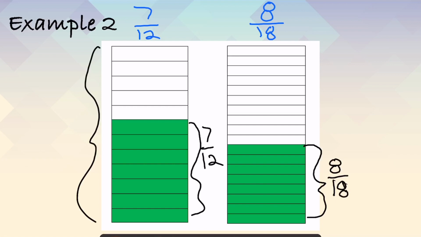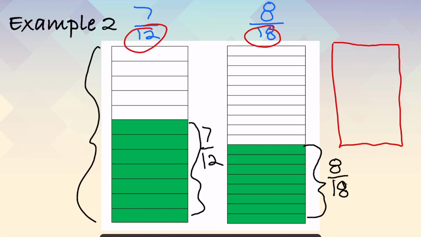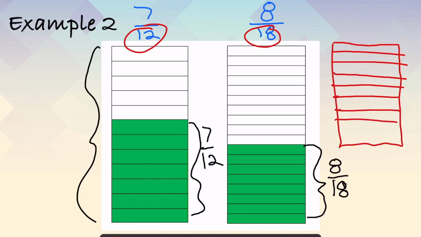However, when we get into some of these larger denominators, it's simply not realistic to draw these wholes and split them up into parts. Like if I try to split this up into 18 equal parts, you can already tell that my parts are not all the same size because that's just human error. So when it gets to a certain size of denominator, it's really difficult to try to draw them out. Which leads me to the